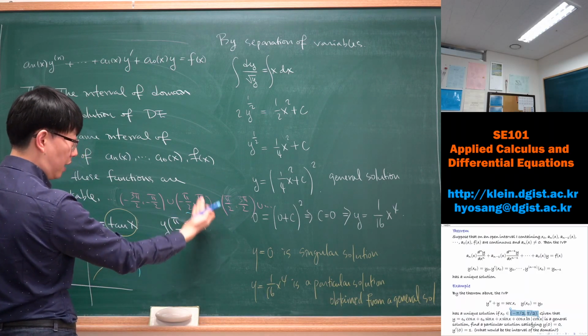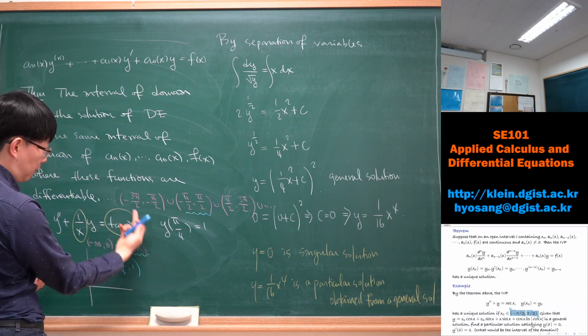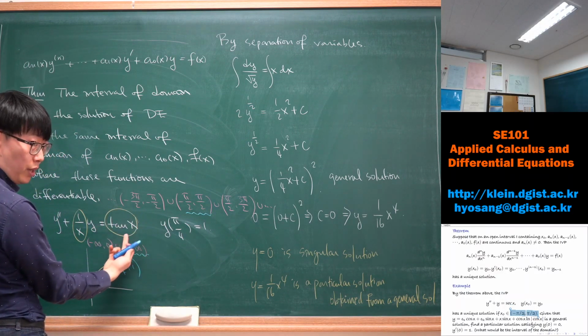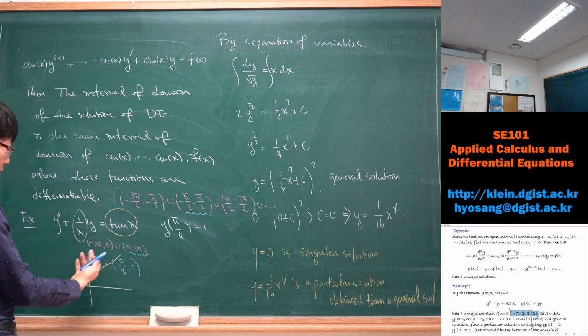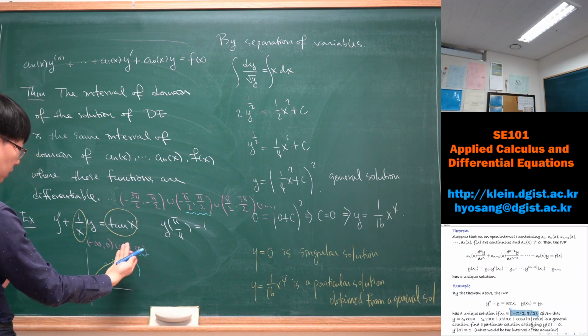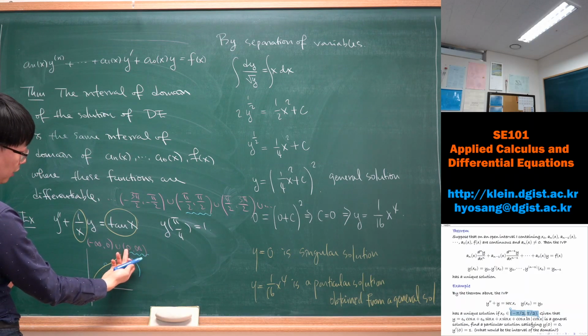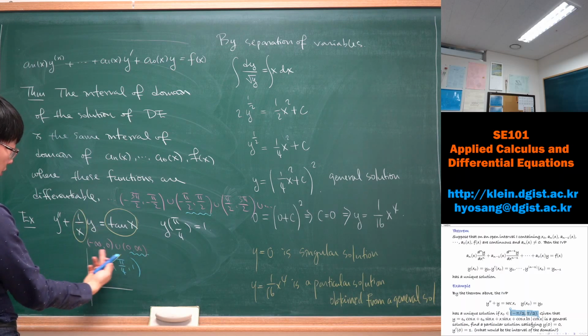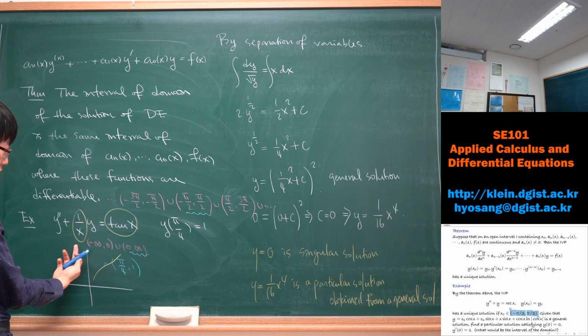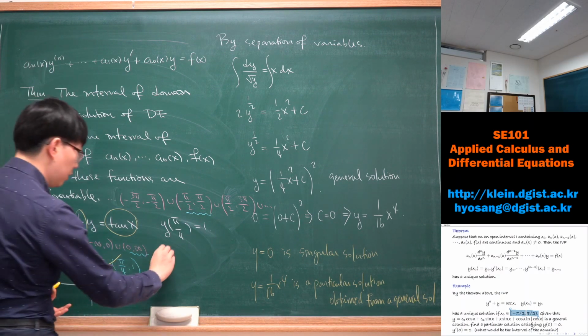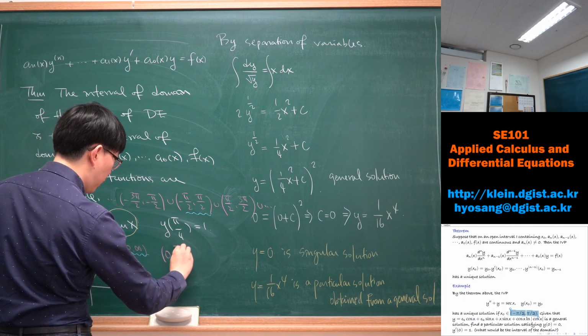This is the end of the interval domain of this non-homogeneous term. And also I cannot pass below 0, because 0 to infinity is the interval of domain of this coefficient function. I cannot pass through 0. So 0 to pi over 2